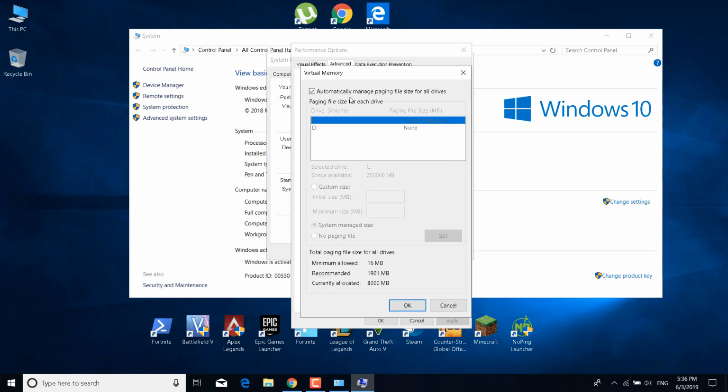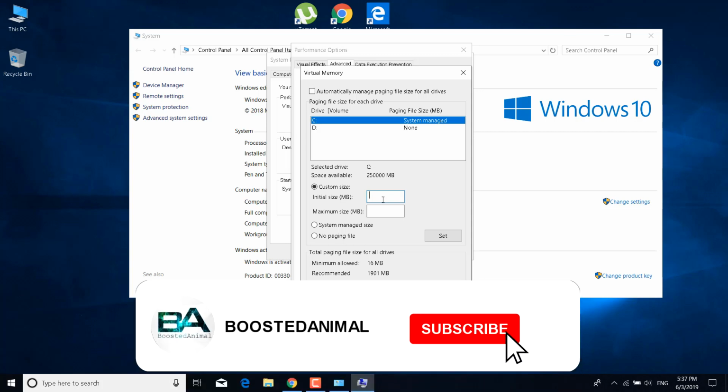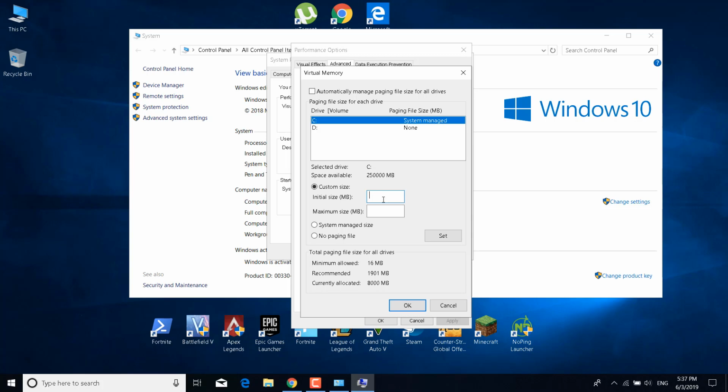Now uncheck automatically manage paging file size for all drives. Click on custom size and set the initial size to around 8000 or 10,000. It depends on how big your hard drive is. So for example, if you have a 500 gigabytes hard drive, I would recommend setting this to around 8000 megabytes, that is 8 gigabytes. And if you have a 1 terabyte hard drive, then you can just set it at